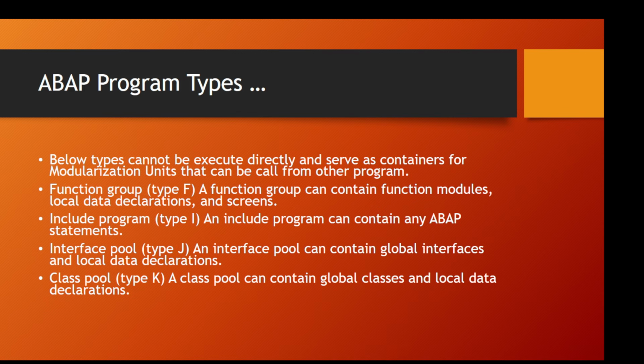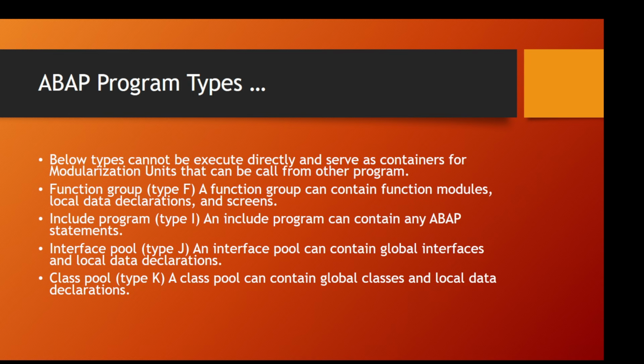Let's find out what a function group is. A function group can contain function modules, local data declarations, and screens. And the include program can contain any type of SAP ABAP statement. The main difference between an executable program and an include program is that include programs are reusable units, and can be used in multiple types of programs, either module pool or executable program. Whereas